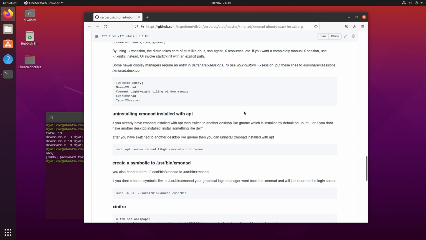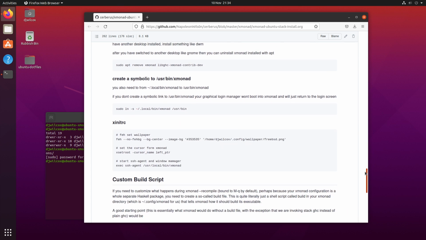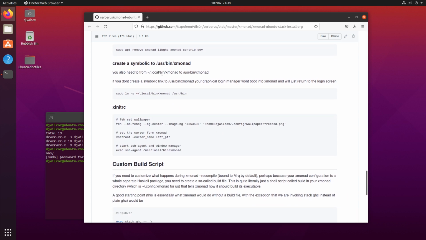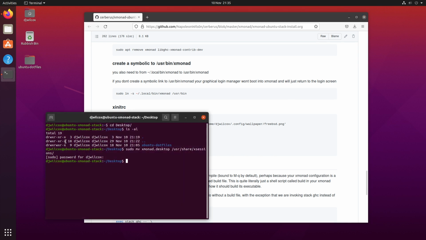Right, so the final step to get this working is to create a symbolic link to /usr/bin/xmonad. You need to create a symbolic link to /usr/bin/xmonad for your graphical manager. Otherwise, it's not going to boot in and return to login. So copy that, paste that in, and if we now run ls -l